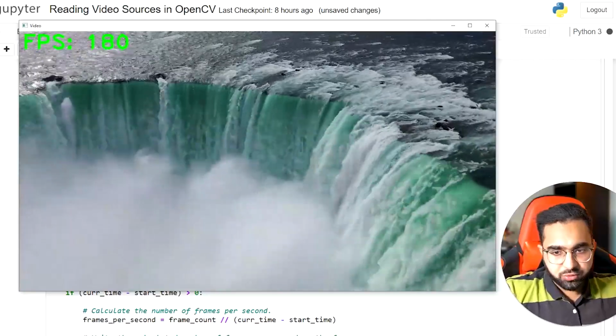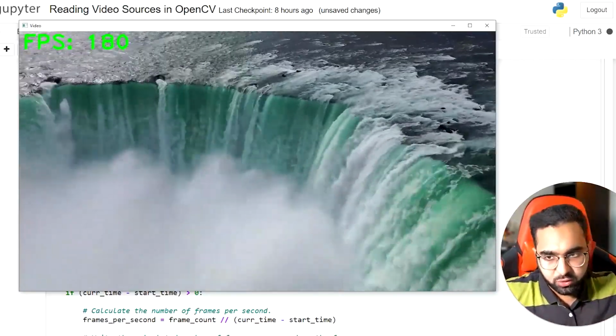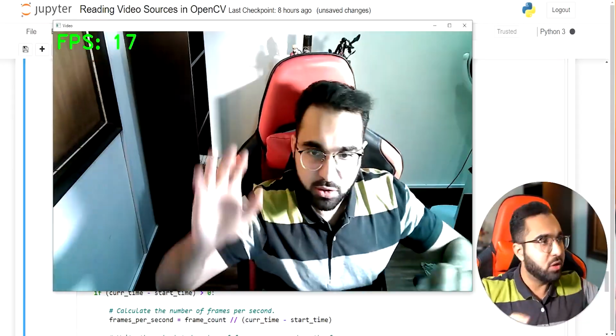Hi, if you ever were interested in video processing, then you must have come across OpenCV, specifically OpenCV's VideoCapture function. That function allows you to read from videos stored on disk in your PC or from your webcam feed live. So those are two of the most common sources that people use when they use OpenCV.